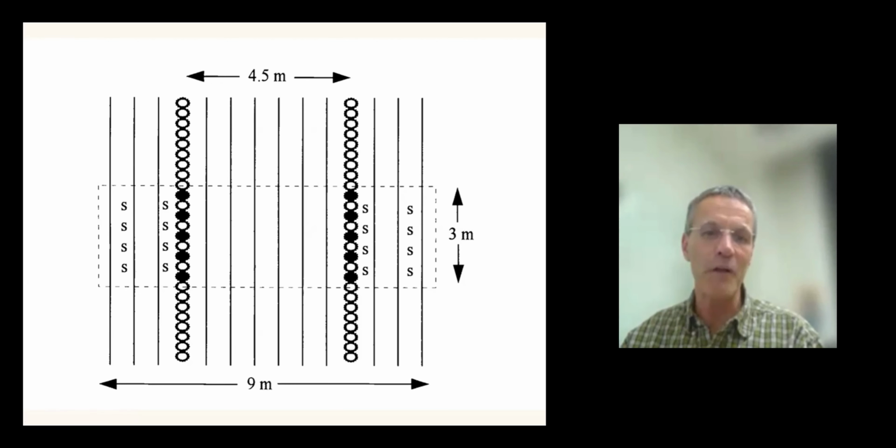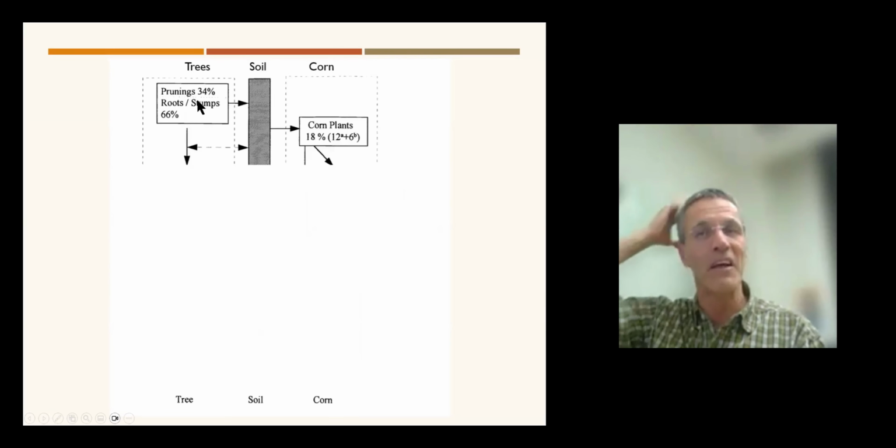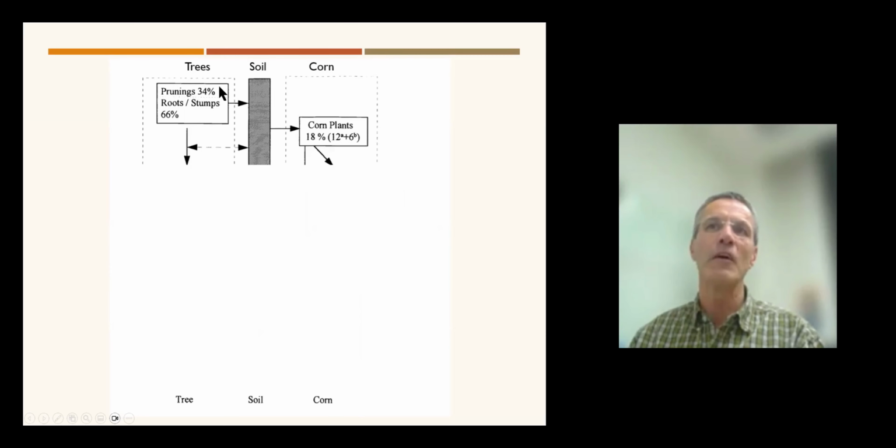So I was following that nitrogen around, and here it's shown percentage-wise. There is a tree pool of nitrogen, a soil pool of nitrogen, and a corn pool of nitrogen. Everything is in the trees at this point, this new nitrogen in plant tissue. But then when I put the prunings onto the soil, it gets picked up by the corn plants, and it lands in the corn plants.